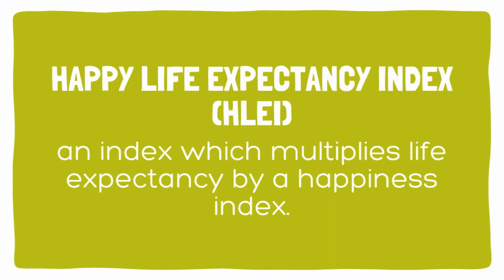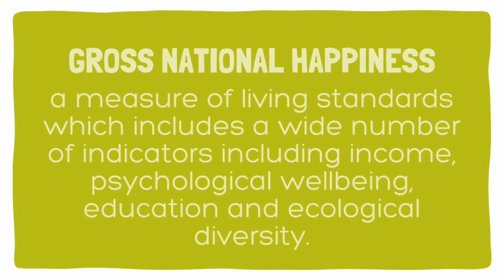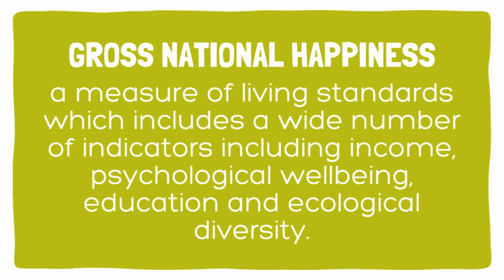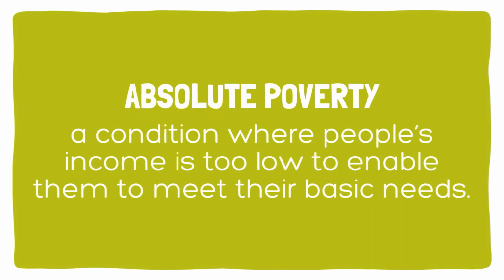Happy Life Expectancy Index is an index which multiplies life expectancy by a happiness index. Gross national happiness is a measure of living standards which includes a wide number of indicators, including income, psychological well-being, education, and ecological diversity. Absolute poverty is a condition where people's income is too low to enable them to meet